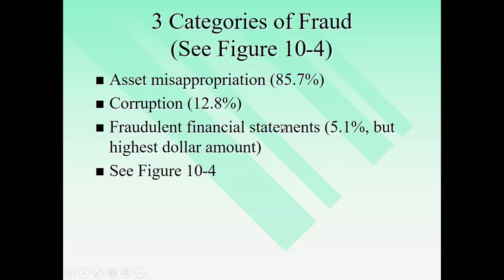Why so? If you say asset misappropriation, we're talking here about cash, inventories, etc. Asset misappropriation can occur from the bottom of the organization up to the highest level of the organization. And it's possible that collusion, meaning connivance between two or more employees of different levels, not necessarily the same levels, can happen. So that's why asset misappropriation can occur a lot more as compared with the other categories of